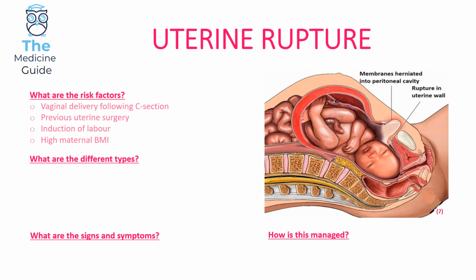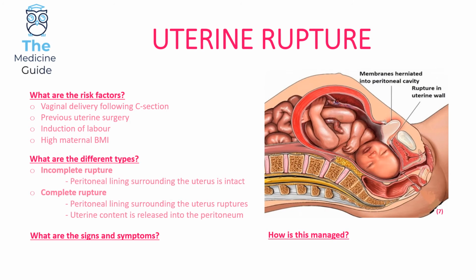Now, what are the different types of uterine rupture? We've got two types. There is an incomplete rupture and a complete rupture. An incomplete uterine rupture is when the peritoneal lining surrounding the uterus is intact. A complete uterine rupture is where the peritoneal lining surrounding the uterus ruptures, and therefore the uterine content is then